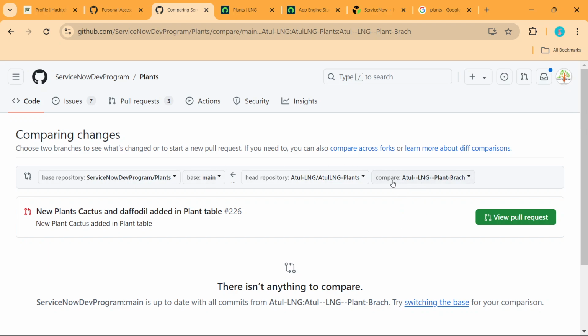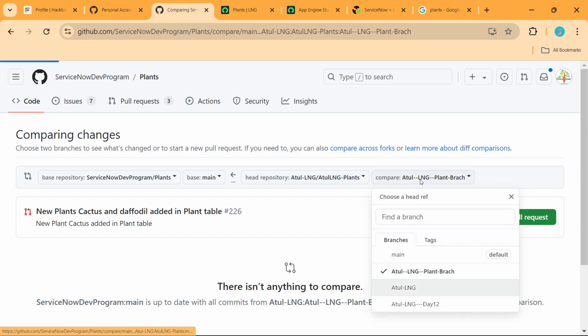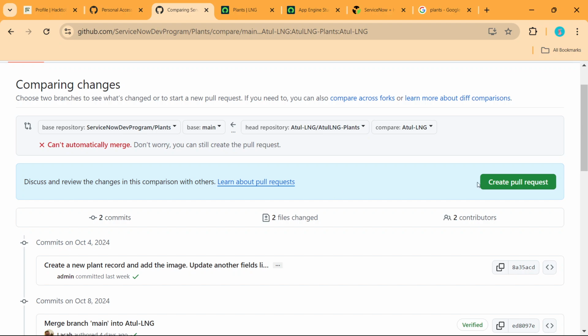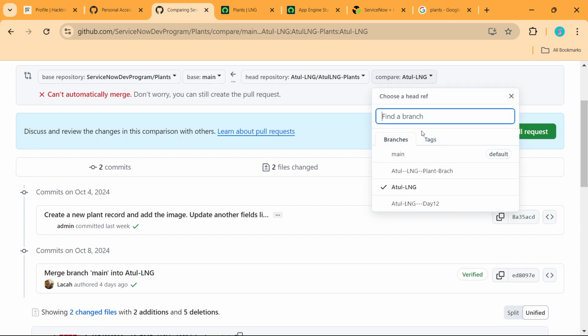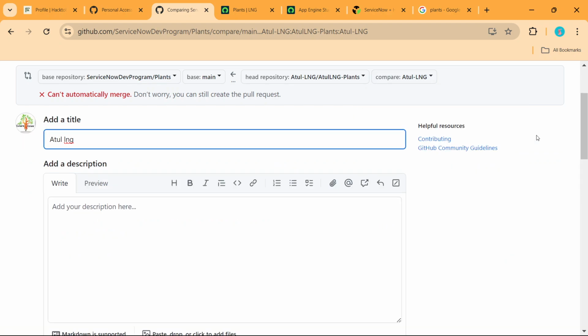So you will find something here. The changes might be here. I can find something because I already did this particular part. So now you can say I have this thing. Create pull request. Something in my repository is available which can go to the main repository. Create pull request here.